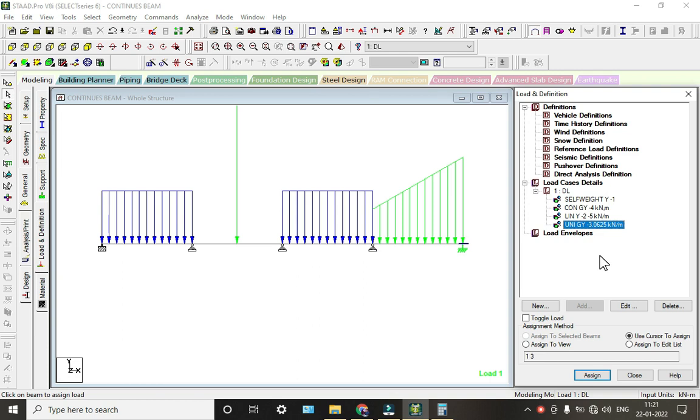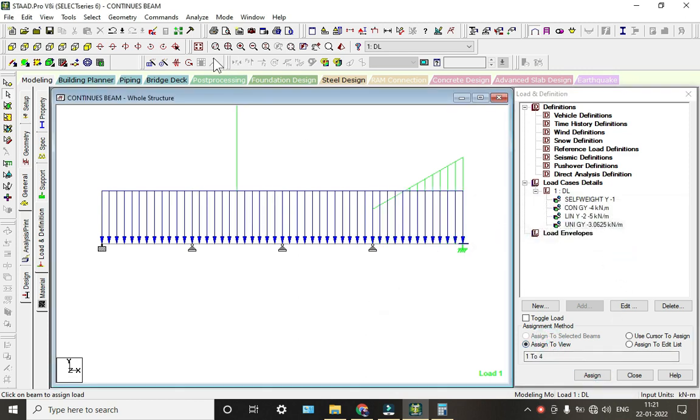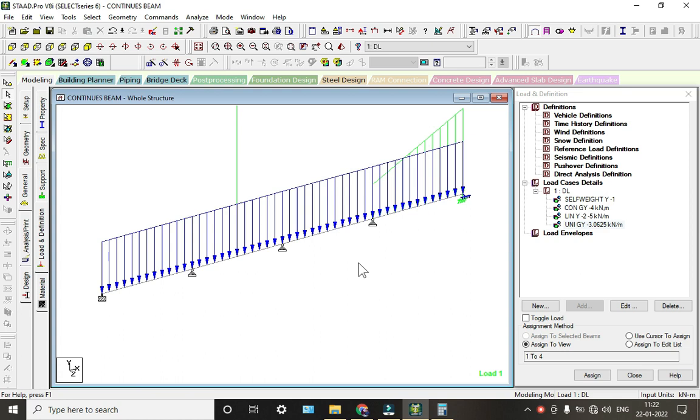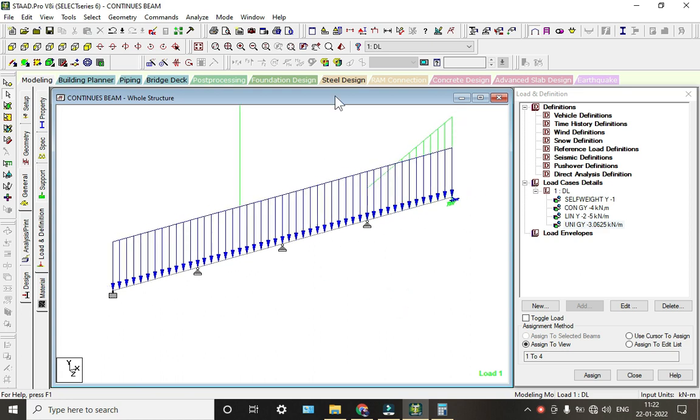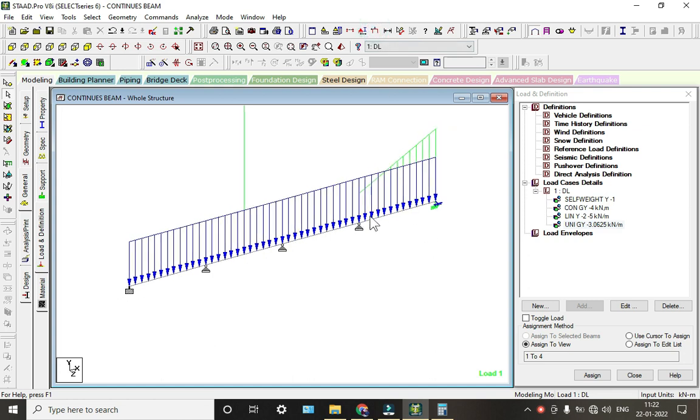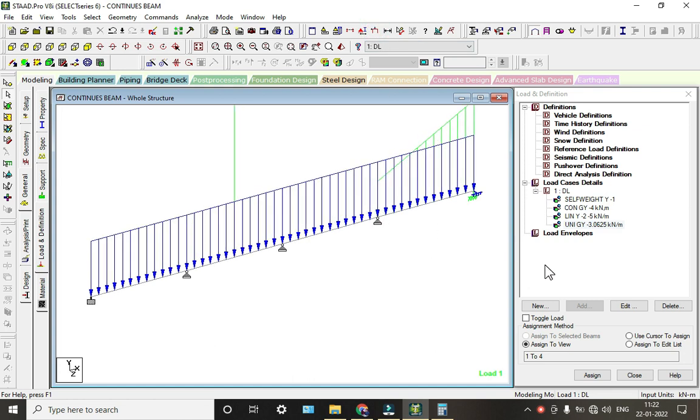So it is a uniform load on all the beams, so that's why you can select assign to view, assign and assign. So in 3D we can see this. So the different types of load have been assigned. So now we will assign the